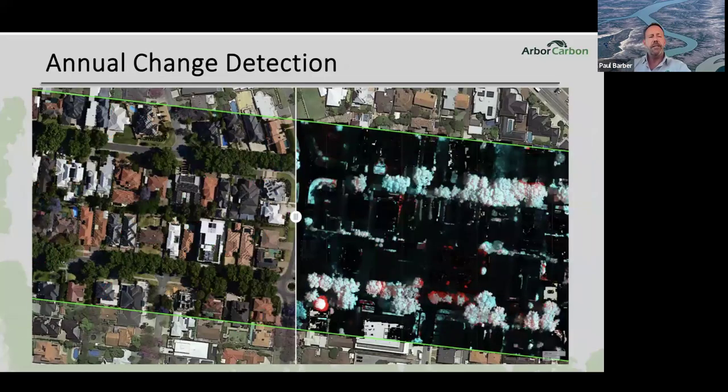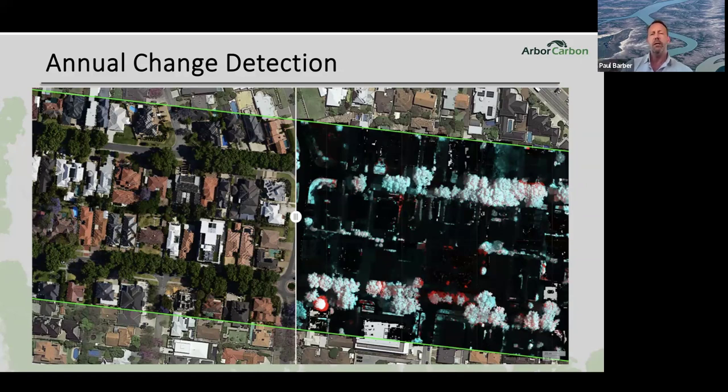The real power in this data is the change in condition over time. We call this change detection. So what you see here on the left-hand side is the true color image. That is the standard red, green, blue that you see, very high resolution. What you see on the right-hand side here is the 1 year change in the vegetation condition index. The blue pixels are an increase in value in the pixel, so increasing health or condition of the tree. The white pixels are stable. The black is unclassified, so it's not vegetation.